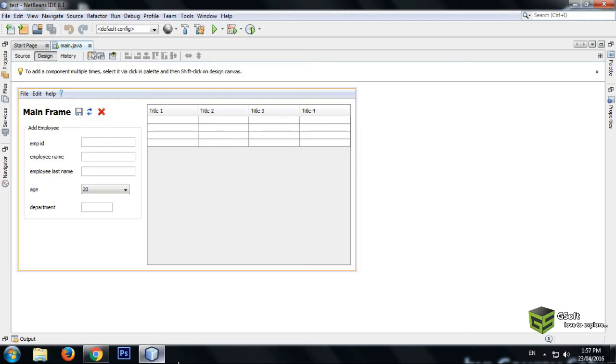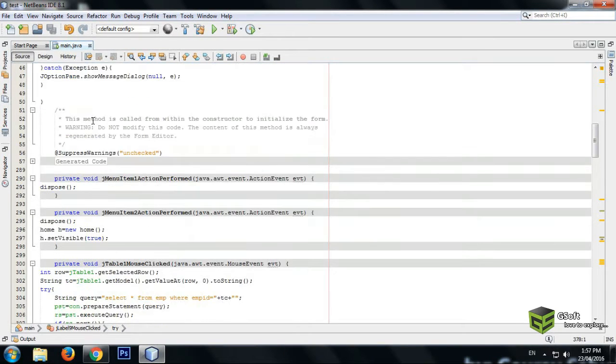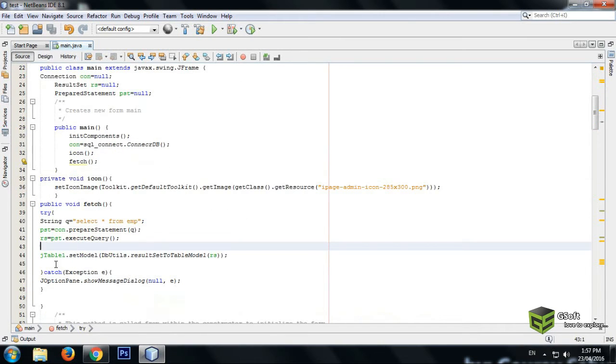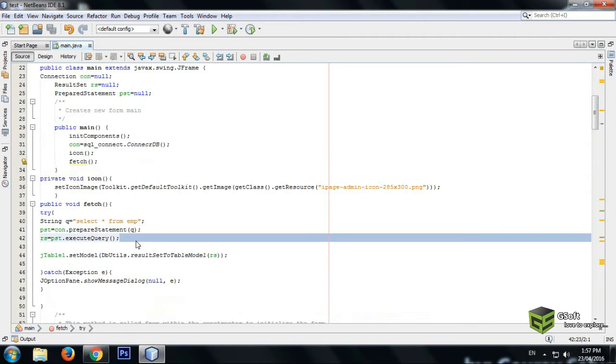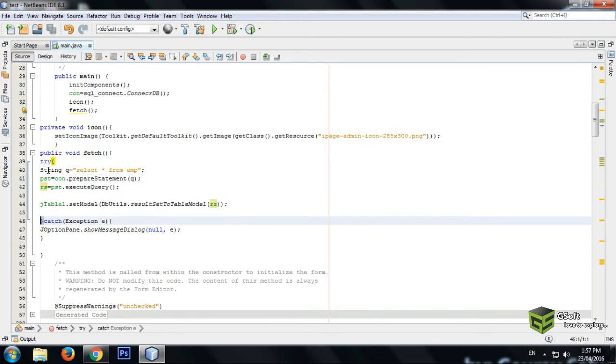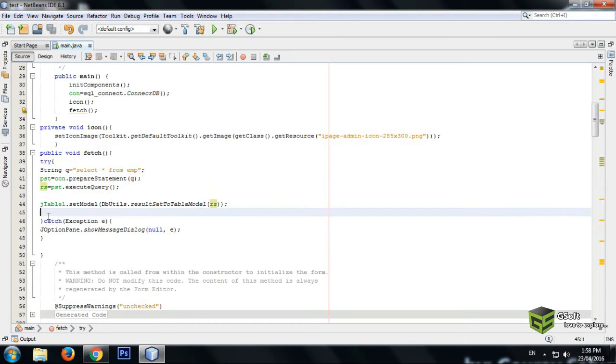Just open your NetBeans and go to your source window, and go wherever you have called the connection. Like here, I have called the connection PST and RS. So just before this bracket, the try block bracket, before this, just write here